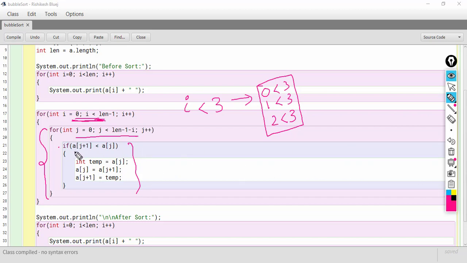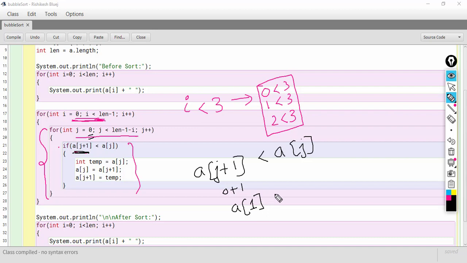Here we are comparing if a of j plus 1 is less than a of j. First time the value of j is 0, so 0 plus 1 will be 1. So, first time the comparison will happen between a of 1 and a of 0.